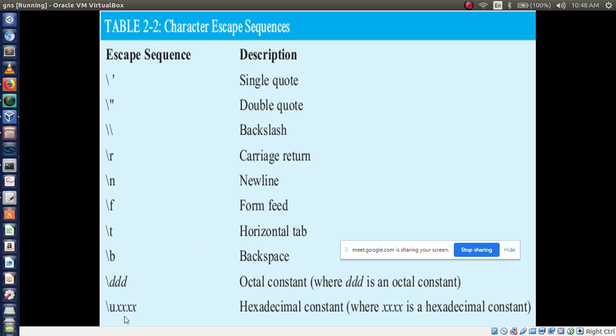Similarly slash u followed by hex digits, and x, are hexadecimal constants. Here you can write your hexadecimal numbers preceded by slash u, and preceded by slash d for octal, representing octal and hexadecimal constants.